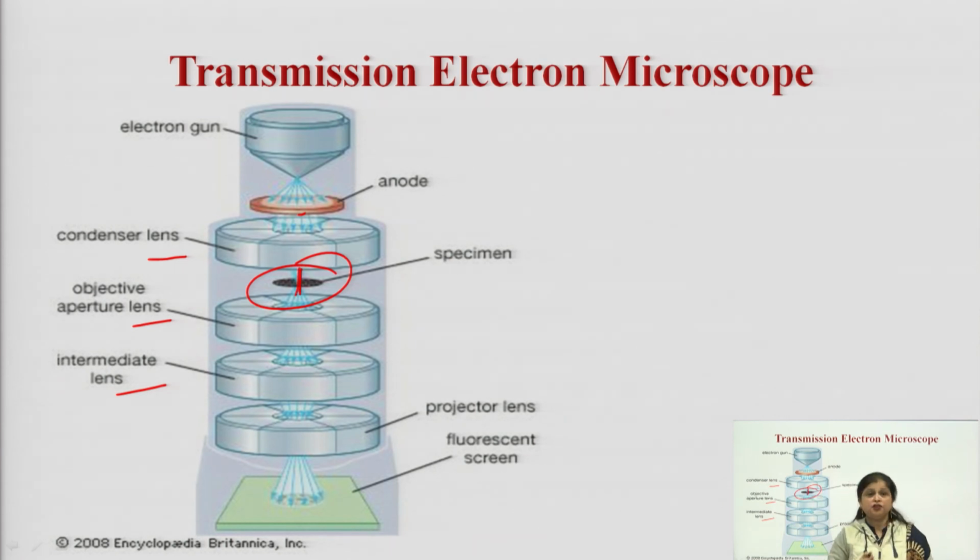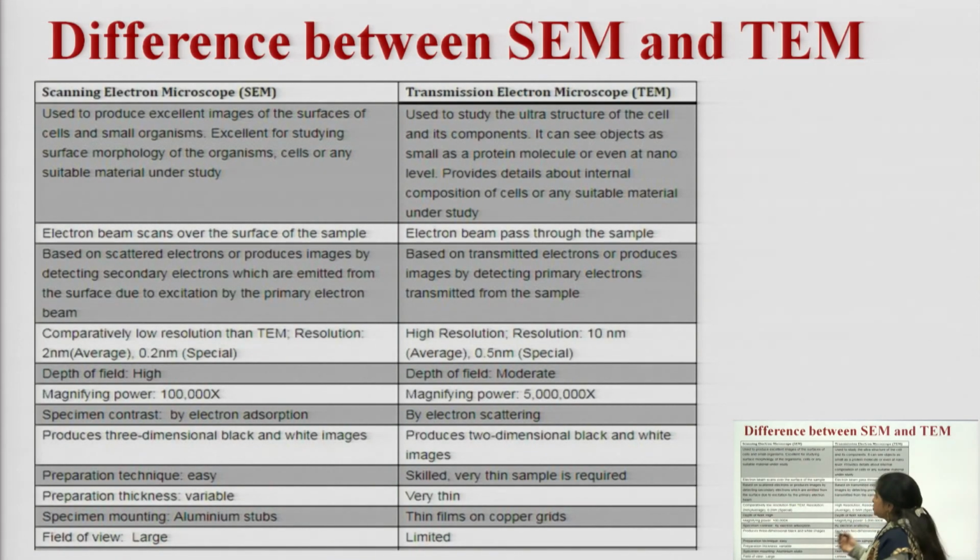It is not just remaining on the surface of the specimen which we want to observe, but it will pass through the specimen, and whatever rays are emitted, it will even observe the internal organelles within the structure. It will not just give the surface image of the specimen, it will also give projections of internal structures of the specimen. So this is the main difference.